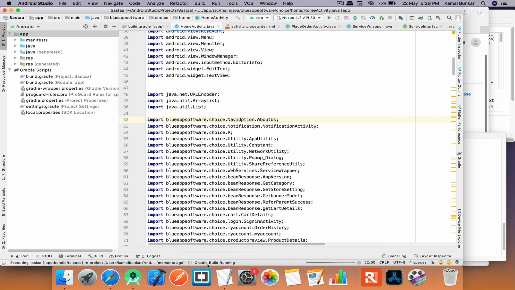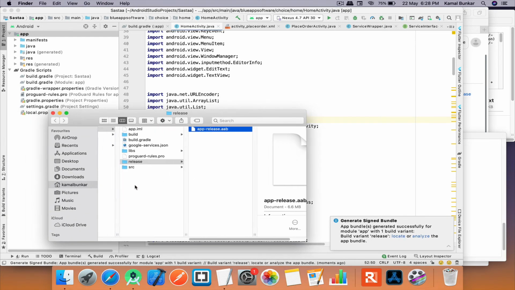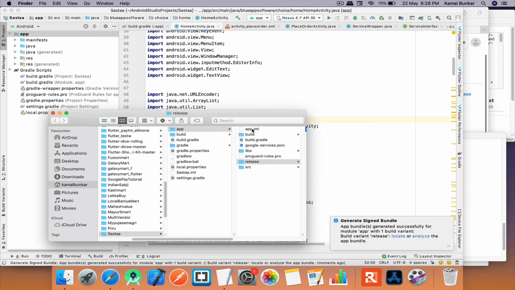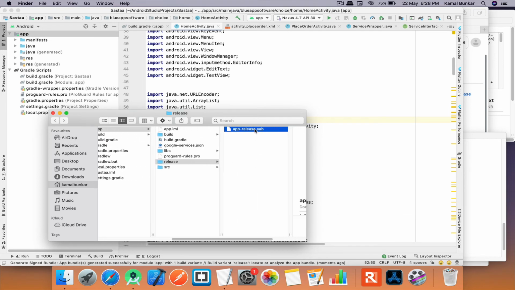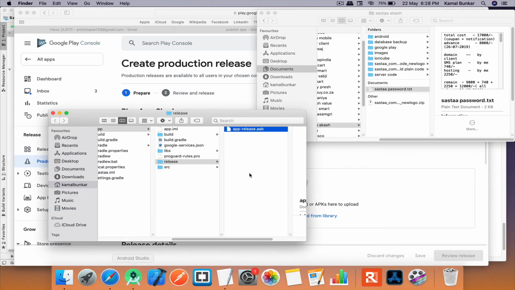Once it is ready, you will see a pop-up box. Now the build is ready, so click on that and then locate. The actual path on Mac is my Android Studio project name, app, release, and this is my .aab file, and I am going to upload it.